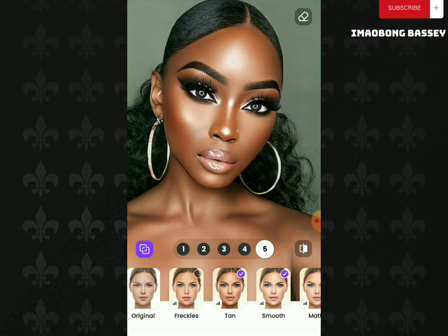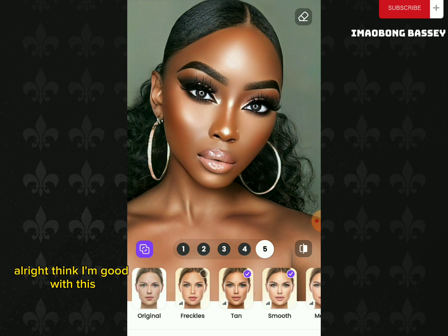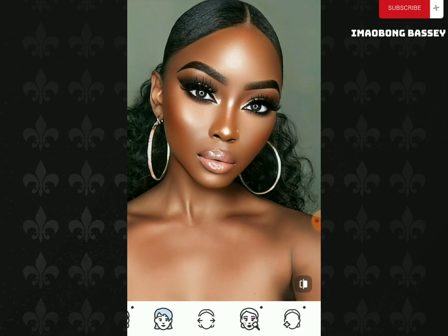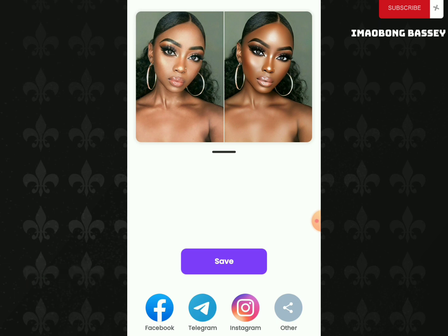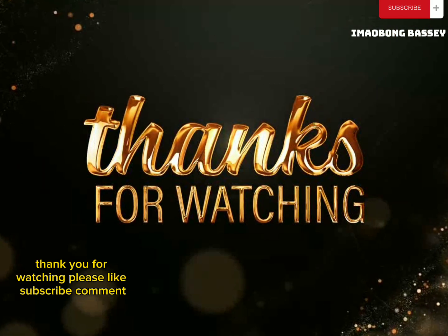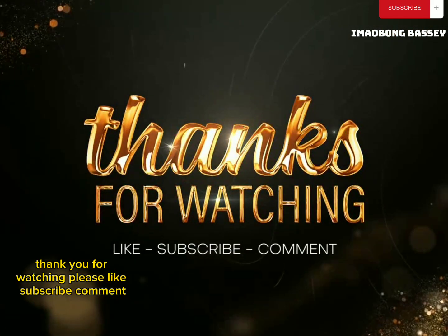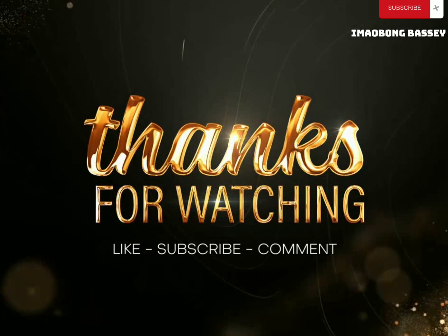The foundation. No, that's changed his face. The face has changed. No, let me